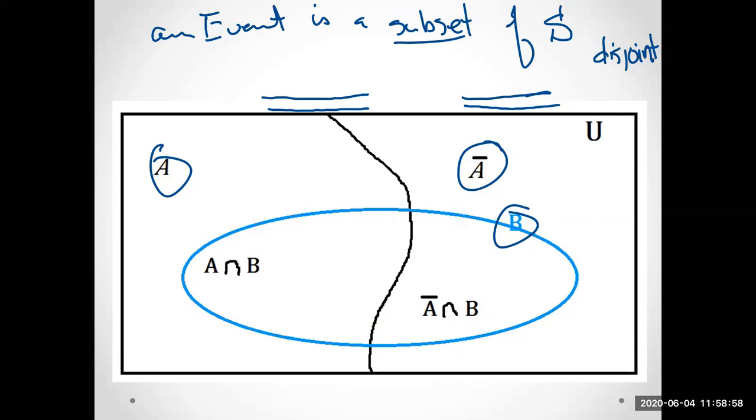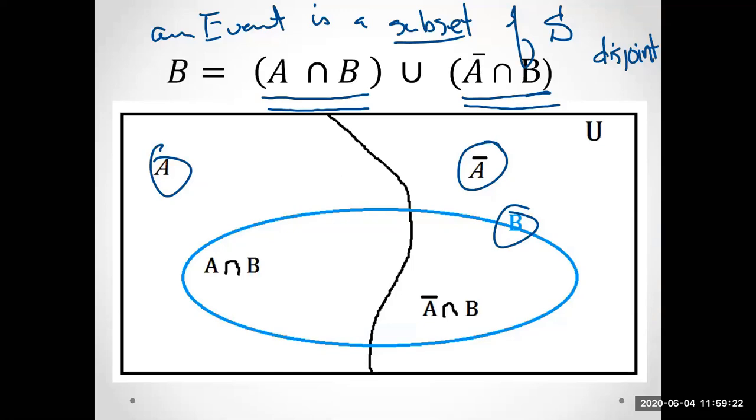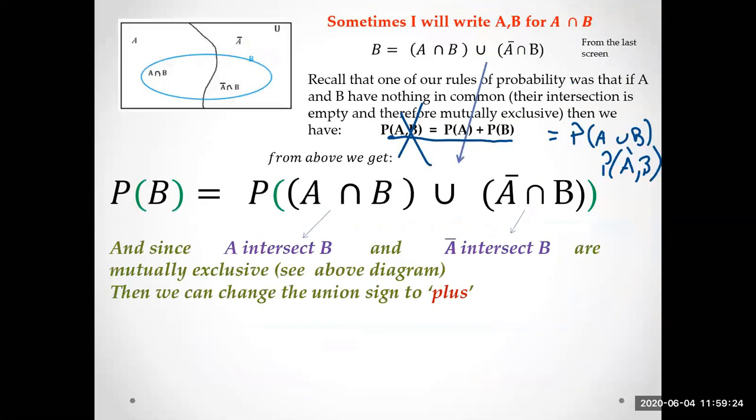So do A and A bar have nothing in common? Yes, they have nothing in common, right? That's what we mean by A bar, the things that are not in A. So this can be called a partition, okay? That's an example of what we call a partition, A and A bar. But we can go to